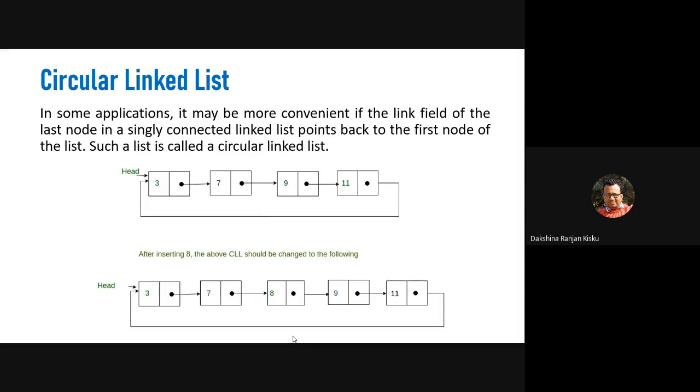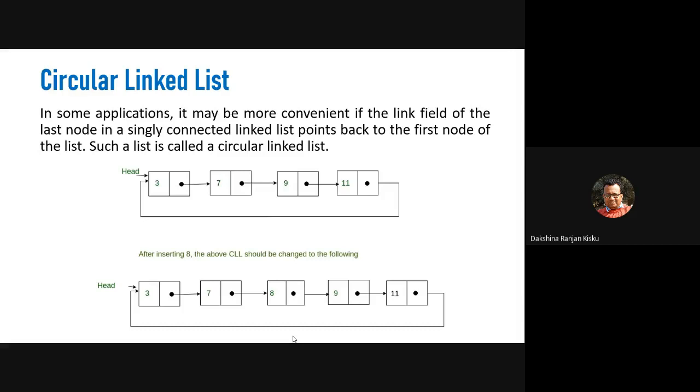Let us keep this traversal operation on circular linked list for home assignment. So one home assignment is creation of a doubly linked list, another home assignment is the traversal operation on a circular linked list. You will submit these two assignments next week.